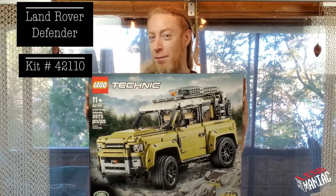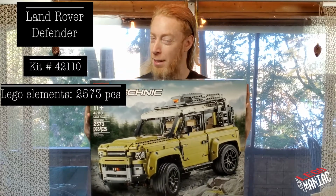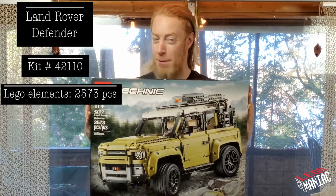Escaping the city, spend a little time in my cabin, and you guessed it, build a little Lego. For this week's kit, we have the Land Rover Defender. Kit number 42110 at 2,573 pieces, and this should be a good all-around set because it looks like it'll be